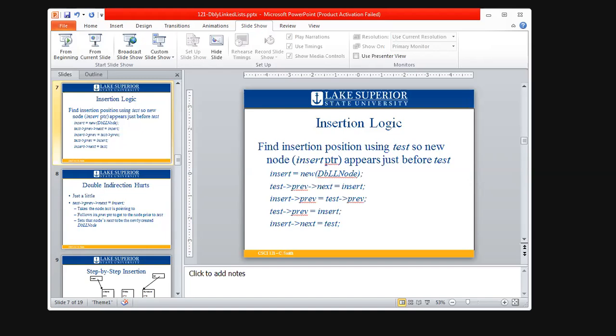So the code is pretty simple. Insert equals new double linked list node. Test arrow previous arrow next equals insert. Insert prev equals test prev. Test prev equals insert. Insert next equals test. For 4 lines of code, that hurts. Those are some